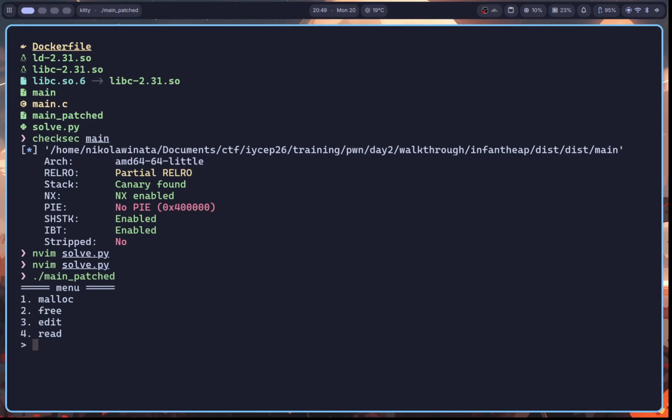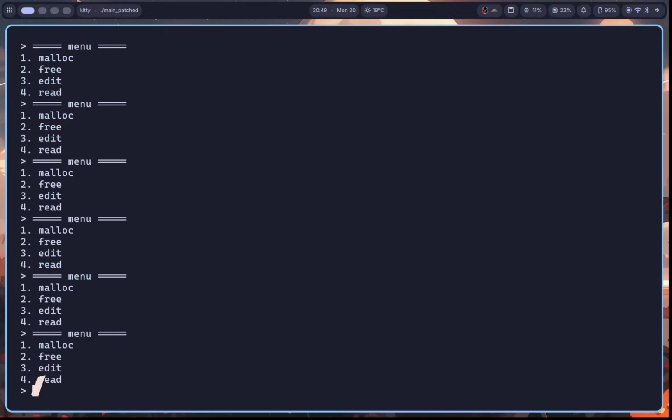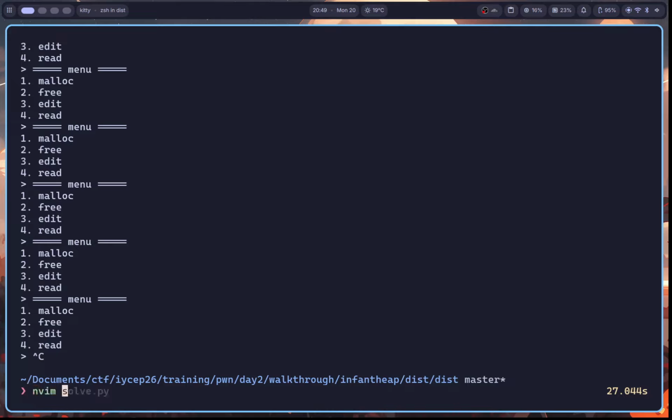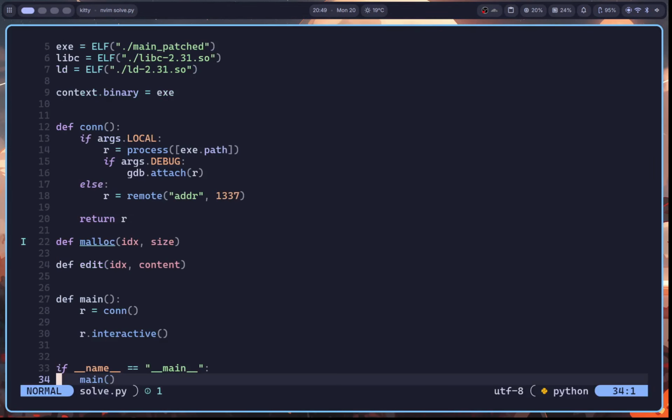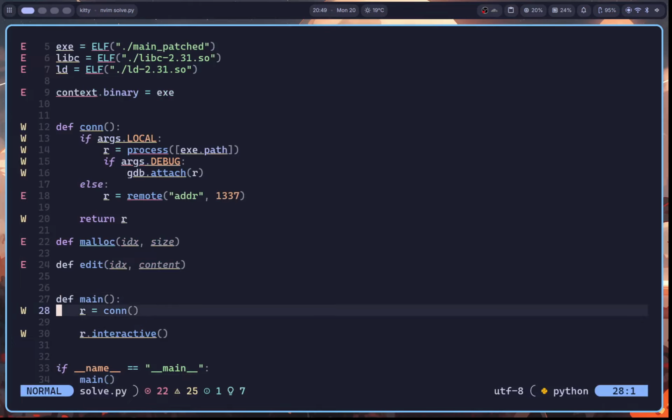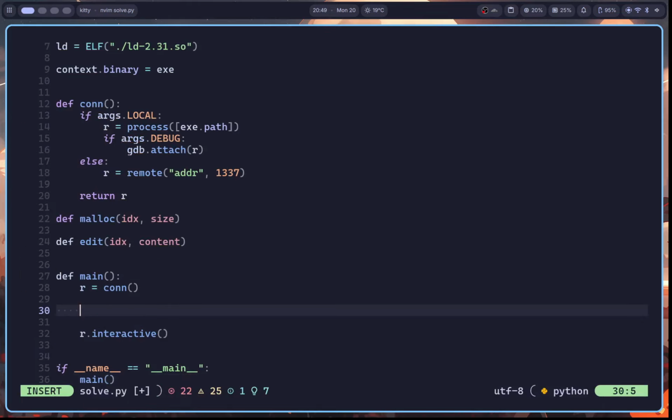So if you were a human running this binary, how you would interact with it is you type 1 over here, you press enter to send that option, right? And the index, you just press whatever index on your keyboard, you press enter to send it, and so on and so on, right? But if you were to replicate this in the solve script, what you would do would be something like